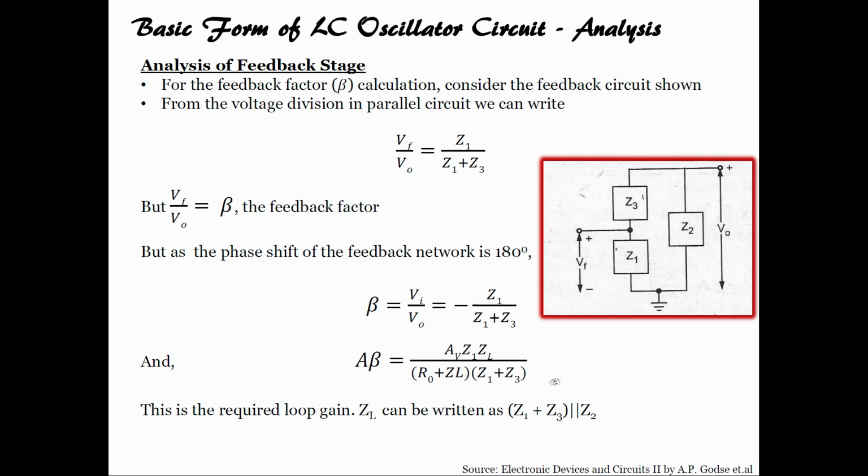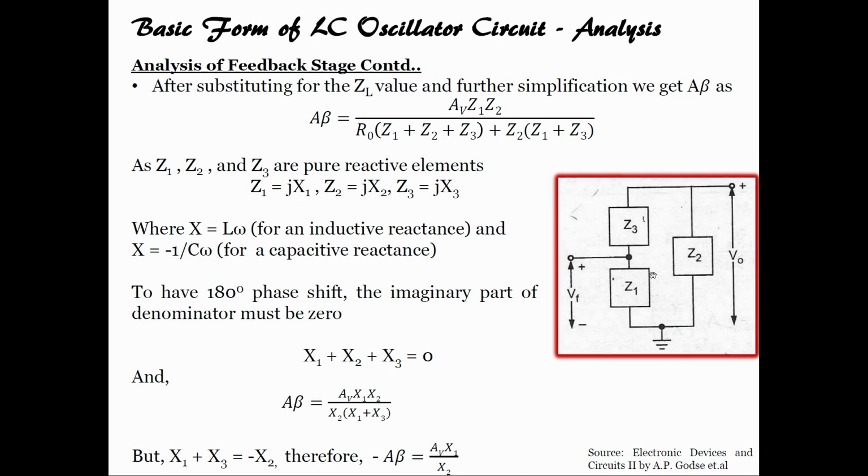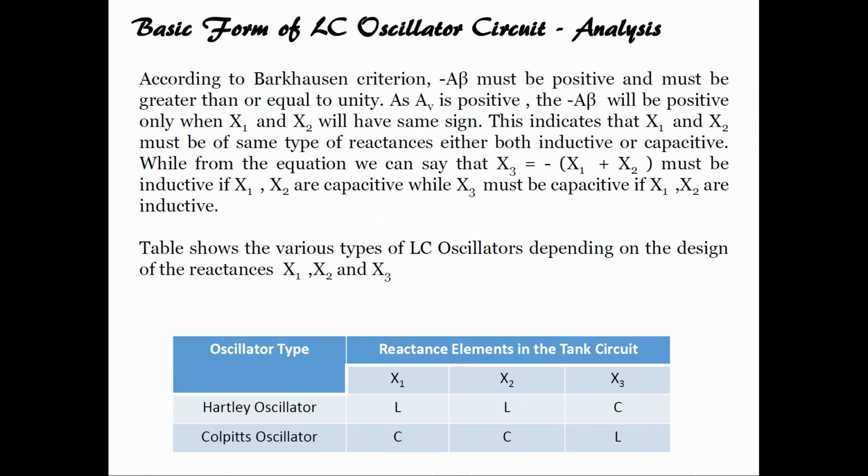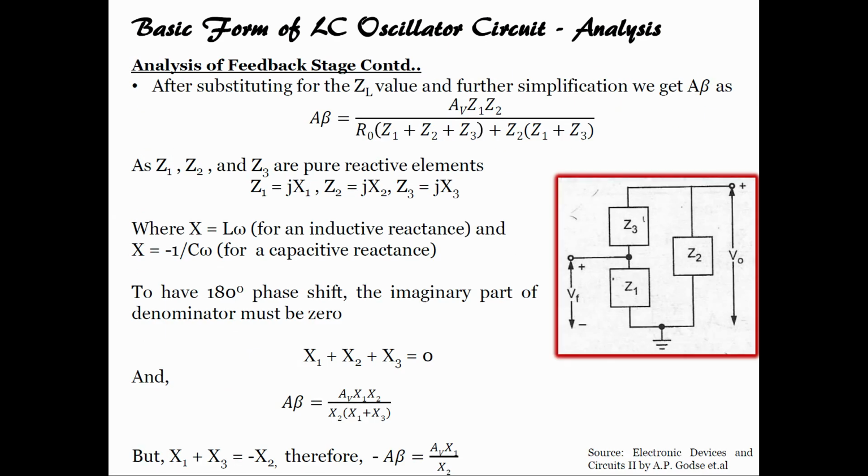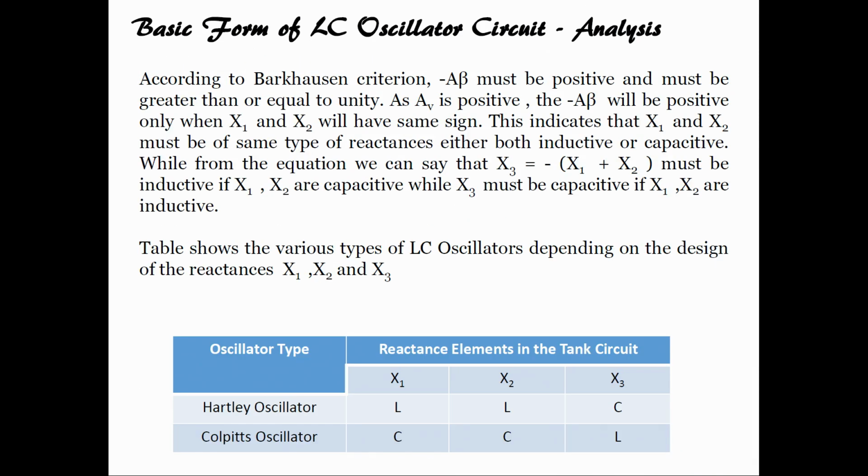So, A beta would be this formula. This is the required loop gain. ZL can be written as Z1 plus Z3 in parallel with Z2, you can see here. If we substitute and solve this equation, what you get is that A beta will be AV x1 by x2,